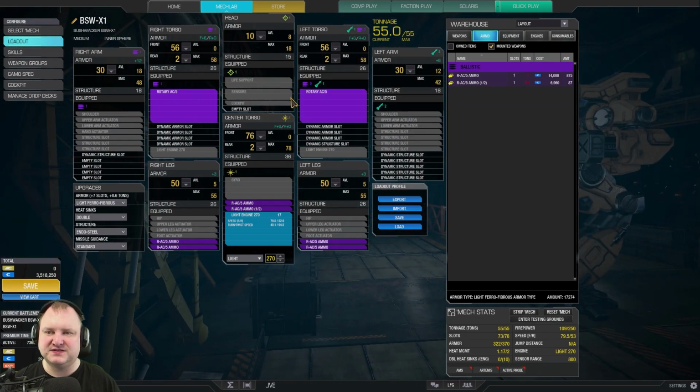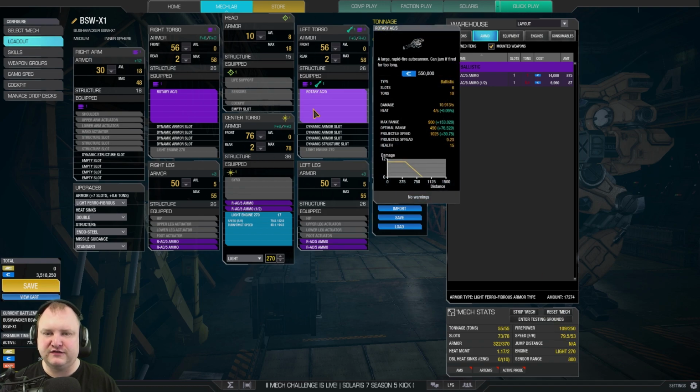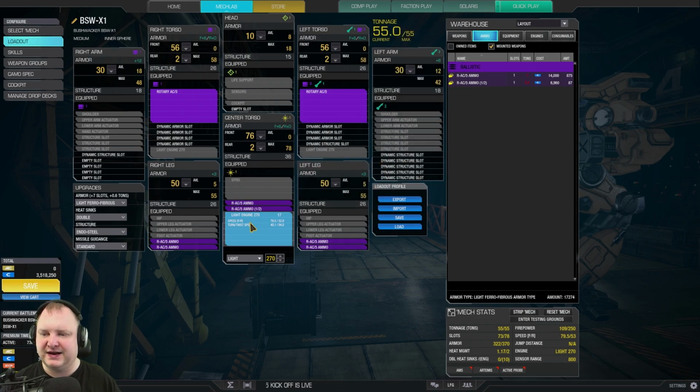Rotary AC5s, because it's a nice build that allows you to stare down most targets and out-damage them at a good range of about 450 plus meters, depending on your skill tree. We've got plenty of ammo in there. Light engine 270 means that if we lose a side torso, we don't necessarily die, we just lose a lot of heat efficiency. The speed is 80 kph, which is quite nice, and the heat management, it says 1.17, but